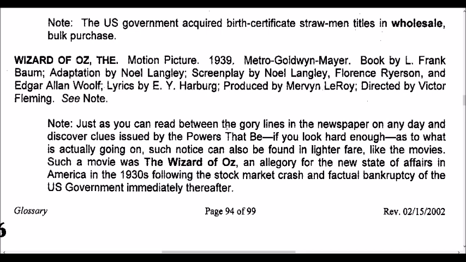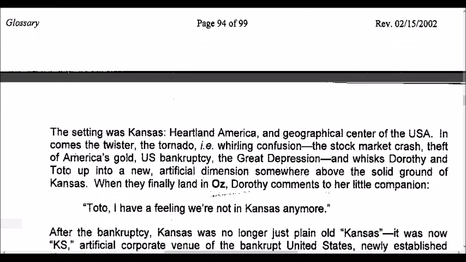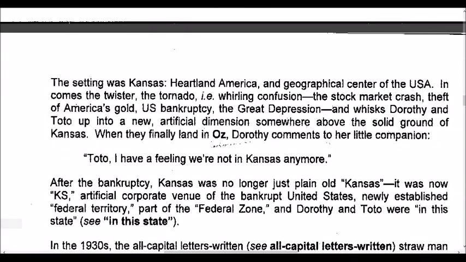Following the stock market crash and the factual bankruptcy of the U.S. government immediately thereafter. The setting was Kansas, heartland America, and geographical center of the United States of America. In comes the twister, the tornado, that is to say, whirling confusion, the stock market crash, theft of America's gold, U.S. bankruptcy, the Great Depression, and whisks Dorothy and Toto up into a new artificial dimension somewhere above the solid